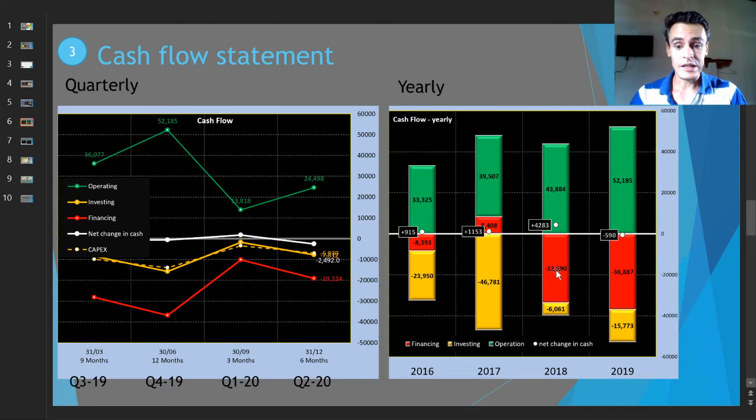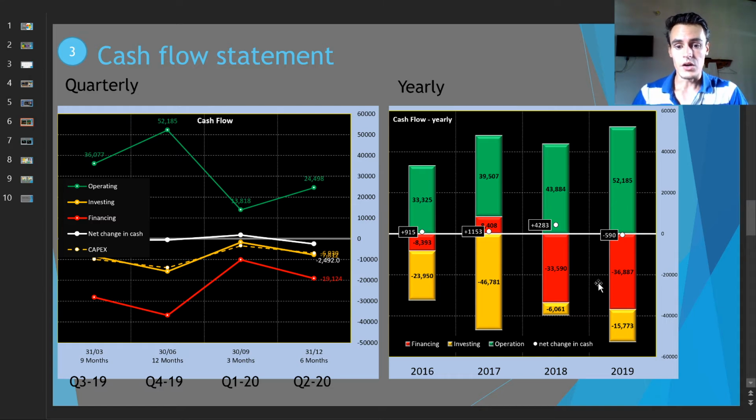So as you can see here on the financing part, the red part, over the last 2 years, it was really big, let's say, investment into the financing, which is basically the fact that they pay around $10 billion into dividend, $10 billion into share buyback, but also they reimburse their long-term debt at the moment. That's the reason why you have on these last 2 years a very, very important amount of financing